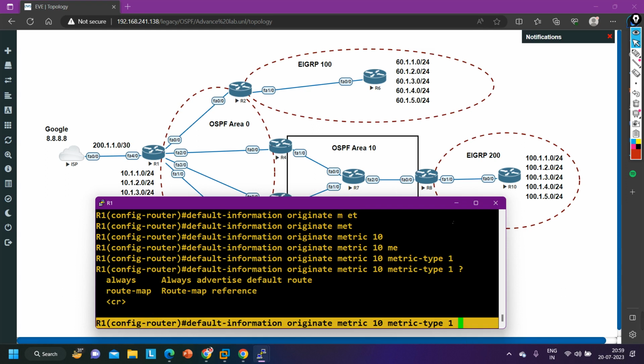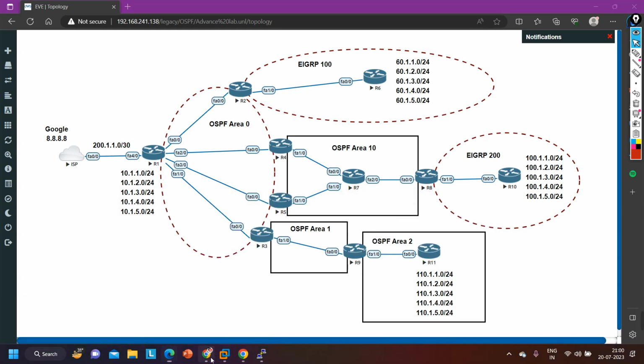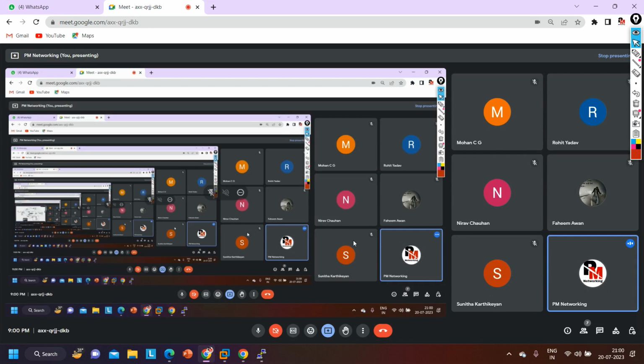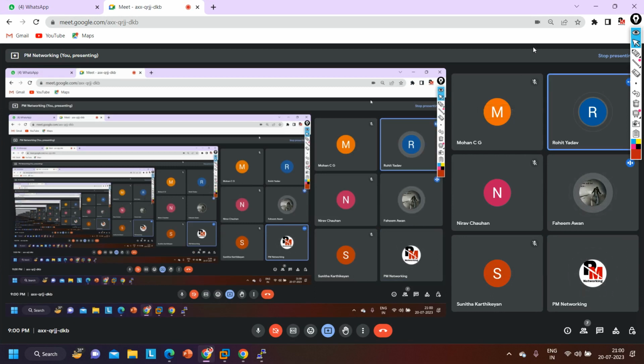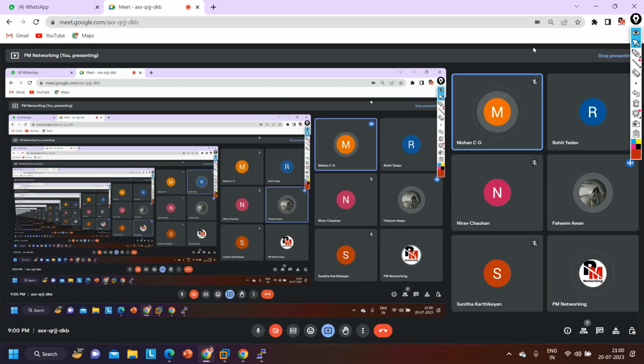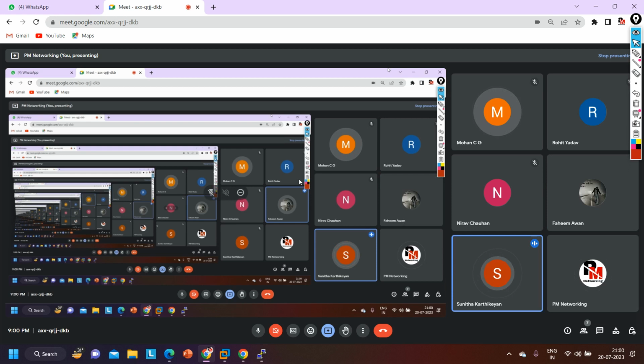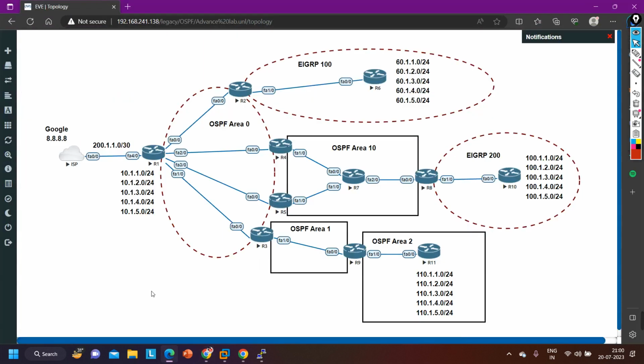This is how we originate default route in OSPF domain. Is it clear to all people? Yes, sir. Okay, great. Let's move to